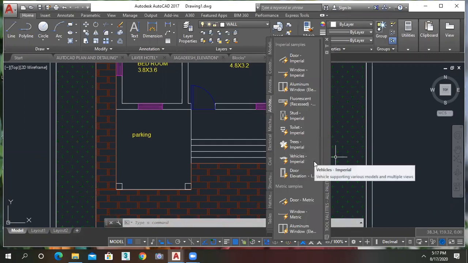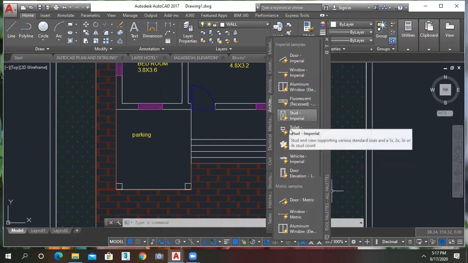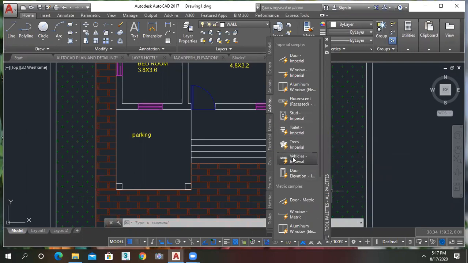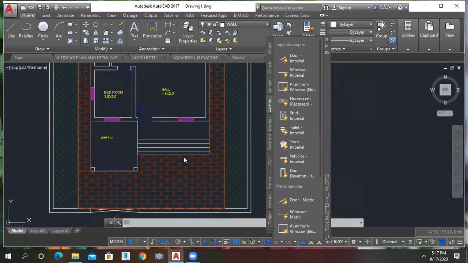Okay. So here I just have a vehicle. Just click and drag like this. This palette we call the tool palette. From the tool palette you can take a vehicle.